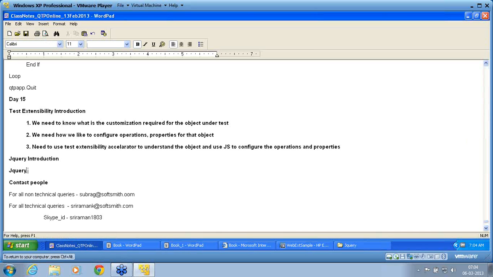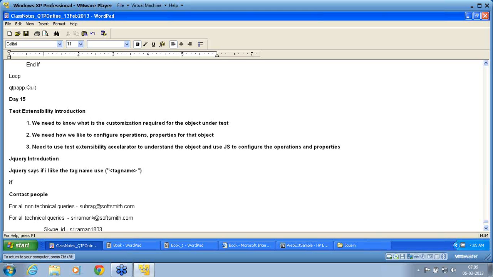jQuery says if I like the tag names, use the tag name straight within brackets, within a string. This is what jQuery says. If, for example, I like all paragraphs to be hidden, then I need to say